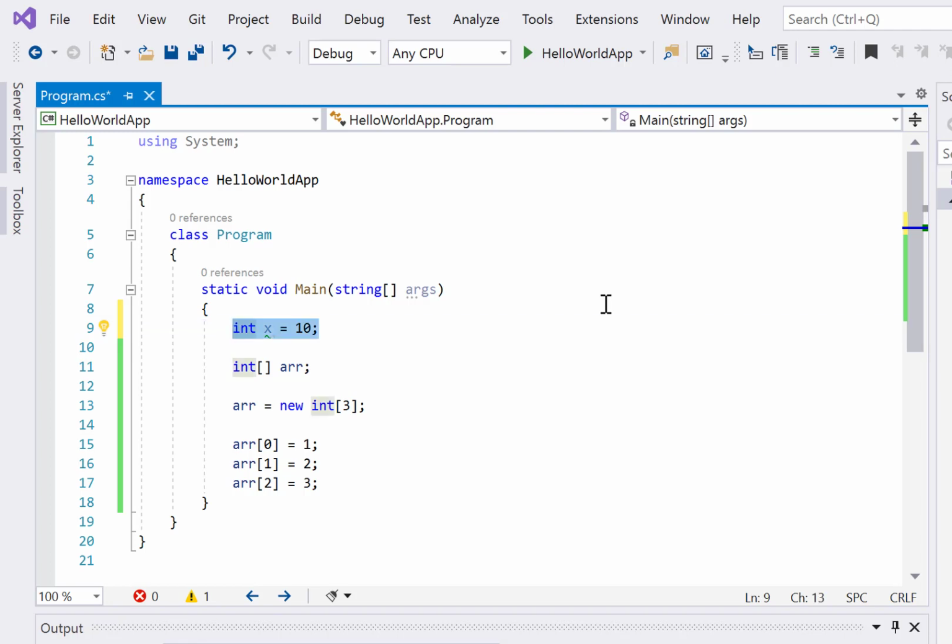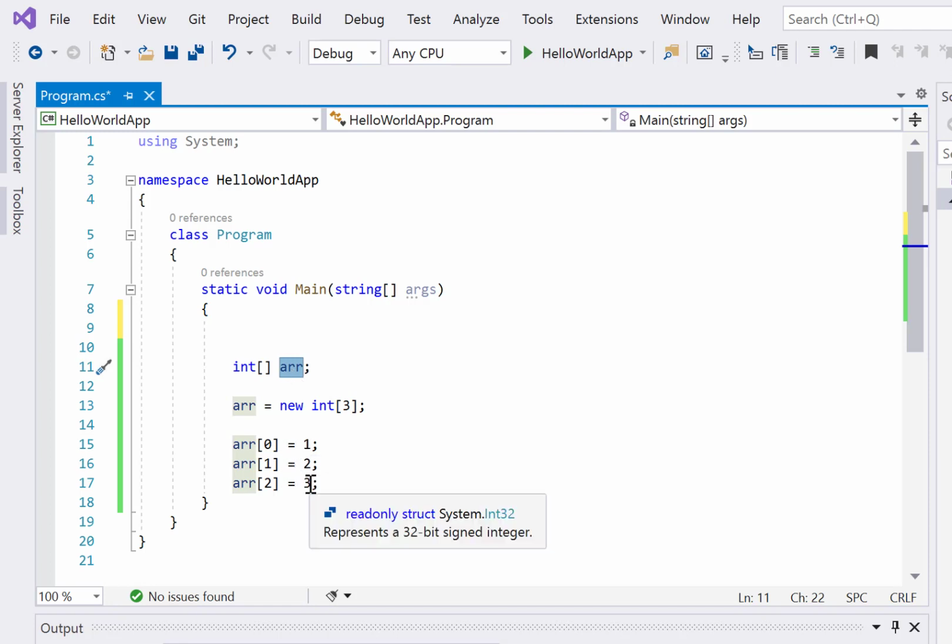So if you want to store multiple values, just storing a variable is not good. For that we have arrays. An array says that if you want to store multiple values of the same type, then use me, rather than creating different variables. This is how we define the array. Let's say I have the rank, so I'll define an array called rank rather than a single variable, and then we can say rank[0] equals the first rank, the second rank, and the third rank. So that is the concept of an array.